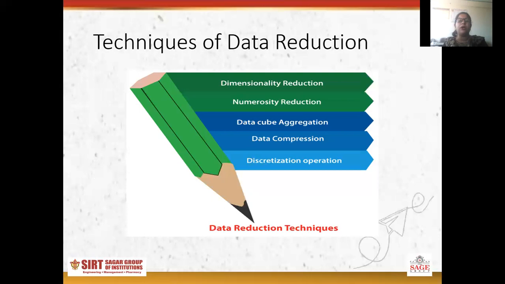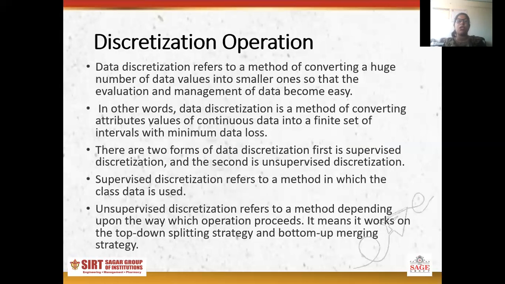So here are some of the techniques of data reduction that we will be studying one by one in a detailed manner. The first one is dimensionality reduction, numerosity reduction, data cube aggregation, data compression, and discretization operation. So starting with the discretization operation,